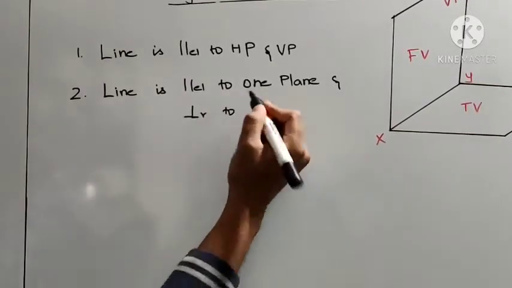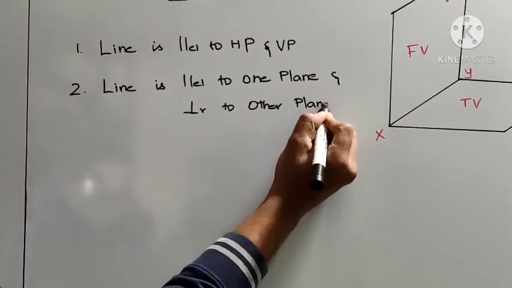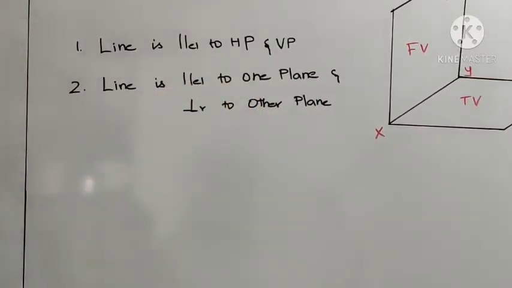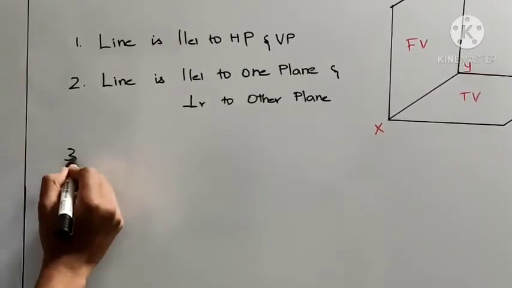Perpendicular to the other plane. So if you are considering it is parallel to the vertical plane, then it will be perpendicular to the horizontal plane. So that is the second case. And the third case is